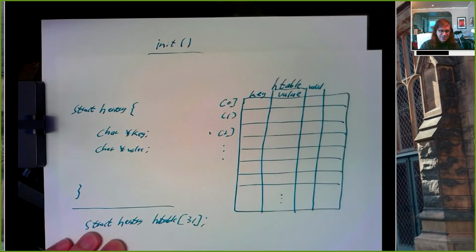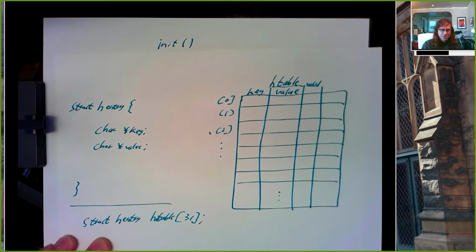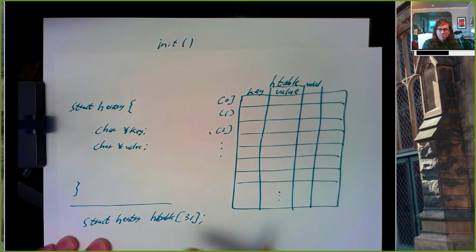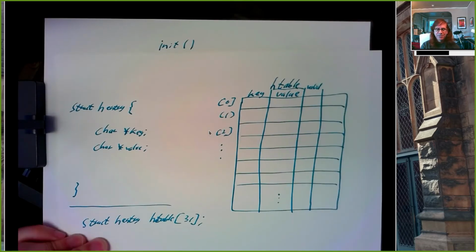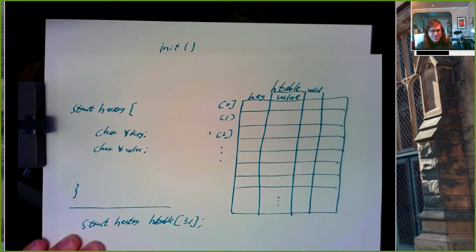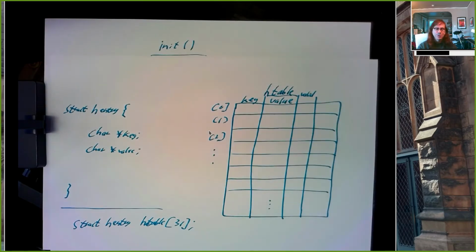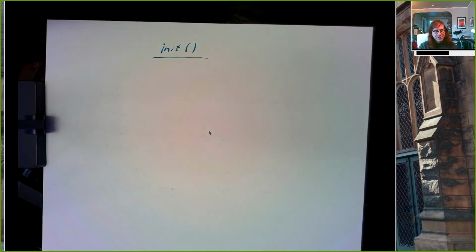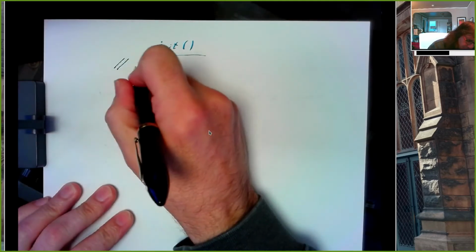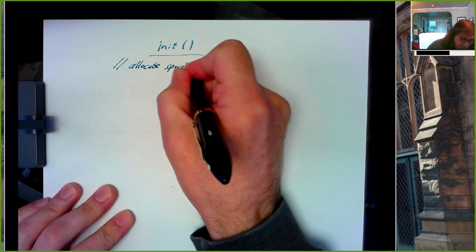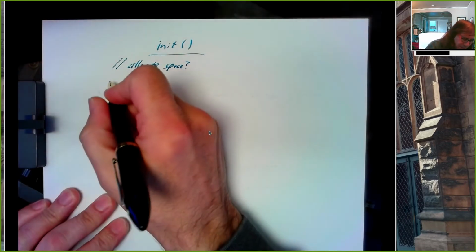If we have a statically allocated array like this, we don't need to call malloc. But if we defined h table to be a pointer to a struct h entry, then init would want to call malloc and allocate size for however many entries we want. And it might be something that the user specifies, or it might be hardwired. The initial size of the hash is 31, something like that. So maybe allocate space. Maybe we don't have to. But the main thing we have to do